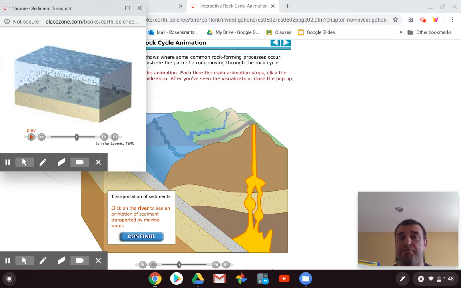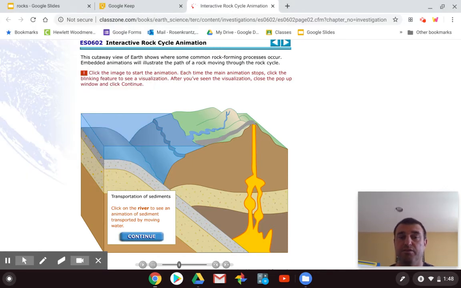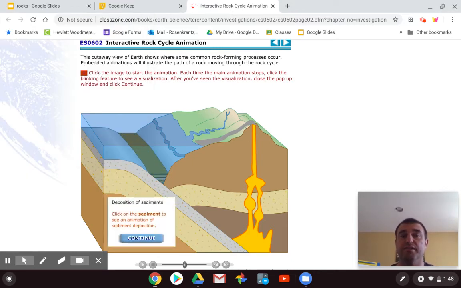So weathering is the breaking down of the rocks. Erosion is the carrying away. People usually use them interchangeably, but you can have weathering without erosion, but you can't have erosion without weathering, which means you can have rocks break down and go nowhere. That would just be weathering. But erosion is the moving away of the weathered rocks. Okay? So over time, a river is going to take those sediments and drop them off in a body of water.